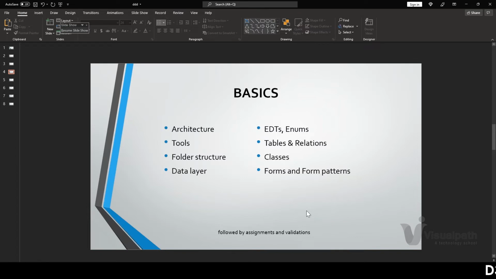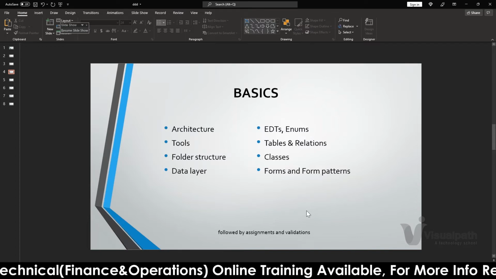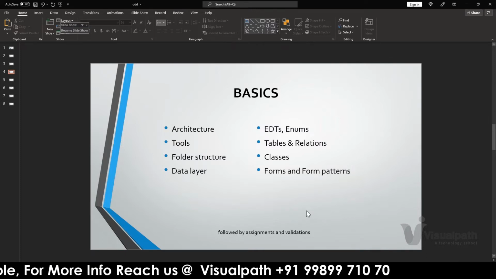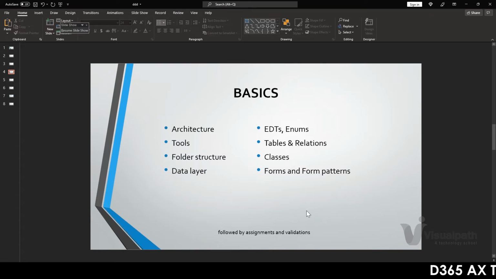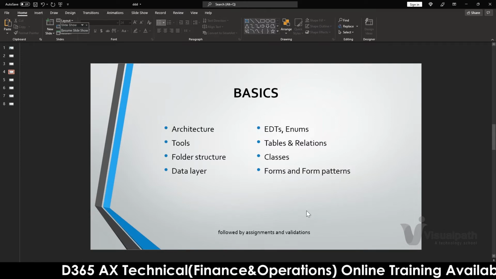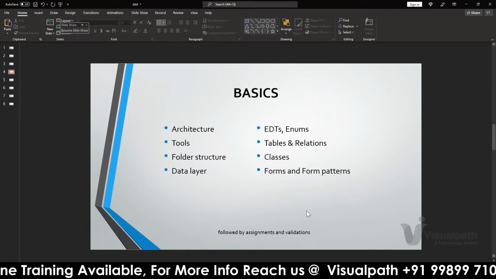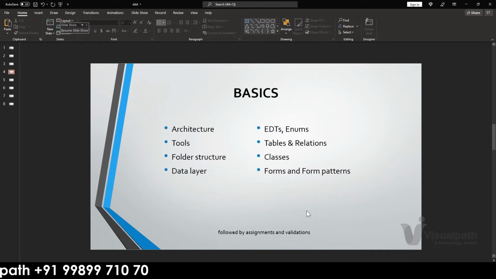There are a lot of improvements made by Microsoft when it comes to forms. Using the form patterns, we can design a proper form that looks like it was developed by Microsoft. There will be no difference whether you created or customized the form or it came from Microsoft. By using the predefined form patterns, we can design different forms as well. So these are all the things covered in the basics part.